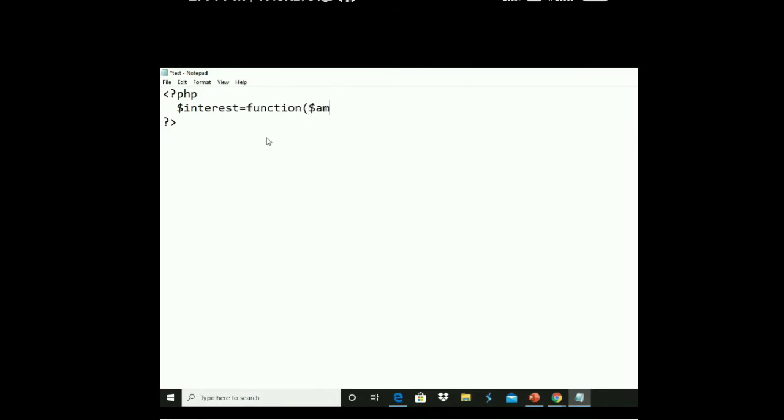First I write amount, comma, rate of interest ROI, comma, number of years. I open this and simply use return amount star ROI star years. I close this anonymous function.